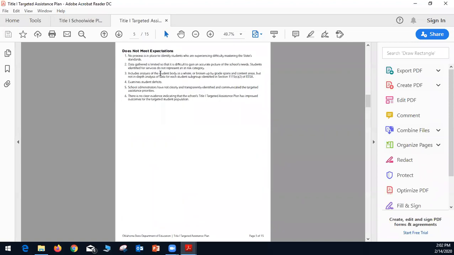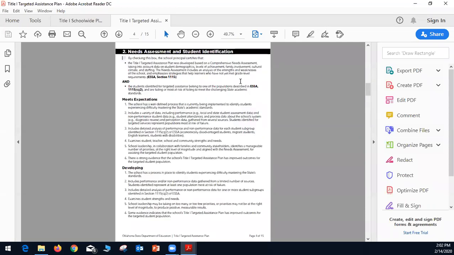And a plan that doesn't meet the expectations will include an analysis of the student body as a whole or broken up by grade span and content areas, but not in-depth analysis of data for each student subgroup identified in Section 1115.